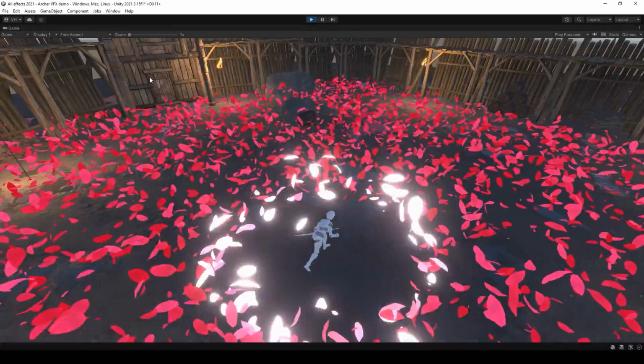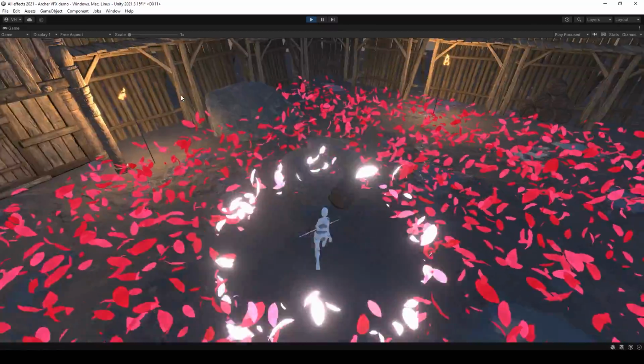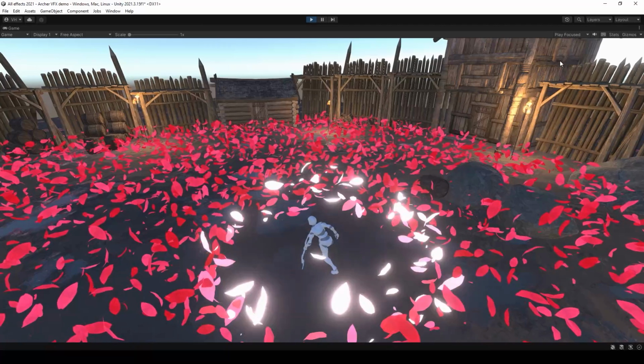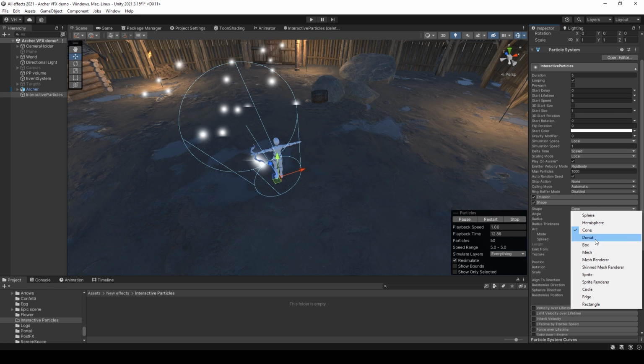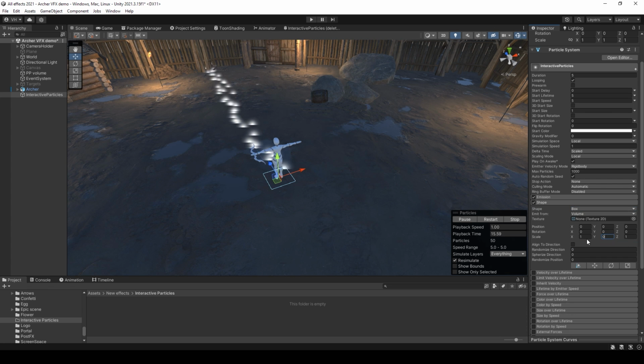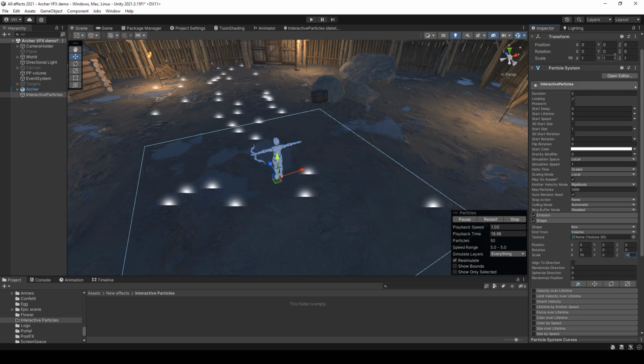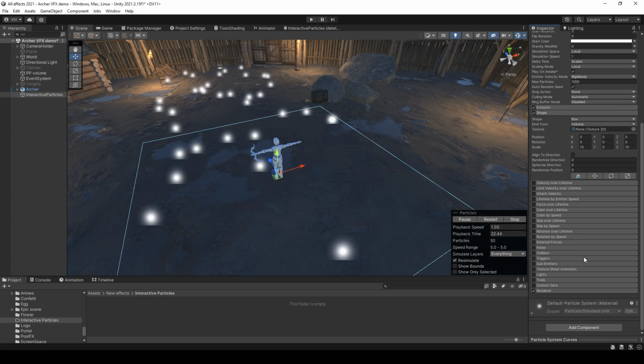Hi everyone, in this video I will show you how to make such interactive particles. First, let's start with the particle system. Create a new one, set location to box, set size to 10, 0, 10, disable speed, set 2 for lifetime